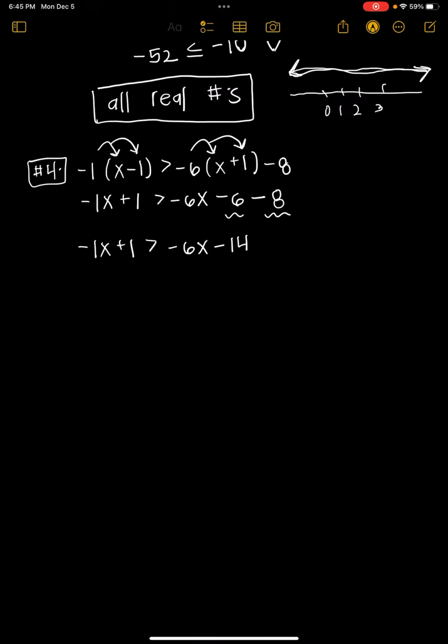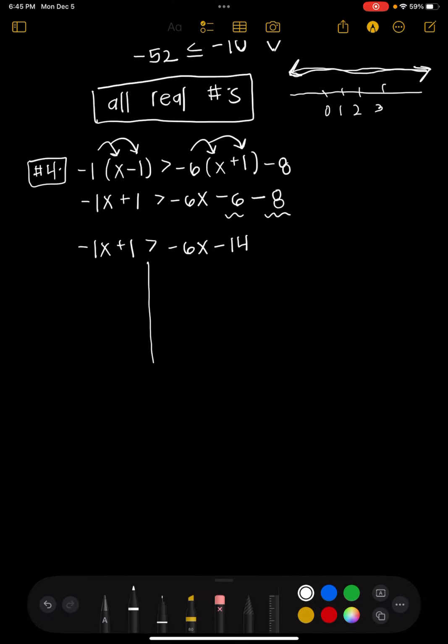So to move the x to the left side, what I'm going to do is add 6x to each side. And when I add 6x to this side, I'm going to only add it to the x portion. I'm not going to add it to the thing that doesn't have an x, because we can only add like terms. So we've got negative 1x and positive 6x. Well, that gives me a 5x, and then the plus 1 just kind of drops down. And then the negative 6x and positive 6x on the right side cancel out, and I'm left with negative 14 right here. Okay, now it looks like a two-step equation, or inequality,